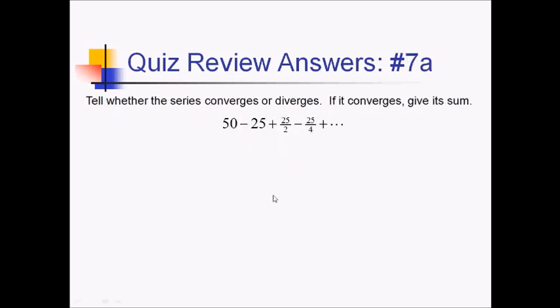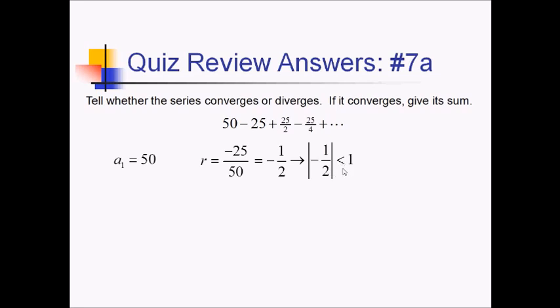On this problem, we're trying to figure out if the series converges or diverges, and if it does converge, its sum. So this is a geometric series, which means we need to take a look at the A1 value and the R value. The A1 value is just the first term, that's the 50 there. For the R value, we need to take a term and divide it by the term before it. So for example, negative 25 over 50, which in this case is going to give us a common ratio, an R value, of negative 1/2. Since negative 1/2 in terms of absolute value is less than 1, and it has to be the absolute value version that's less than 1, because all negative numbers are less than 1 otherwise,